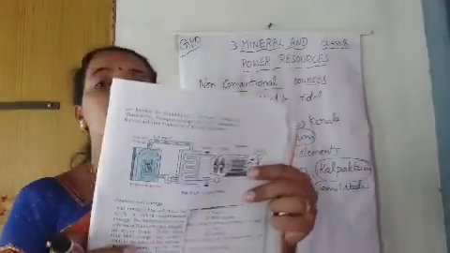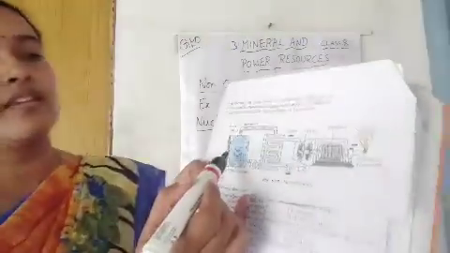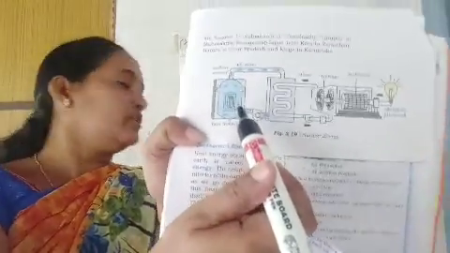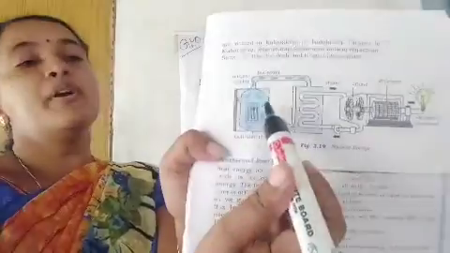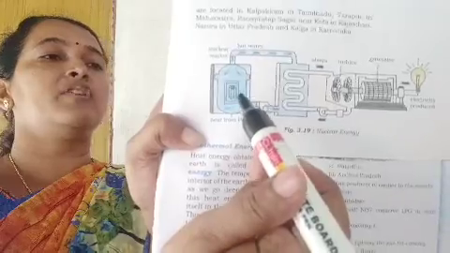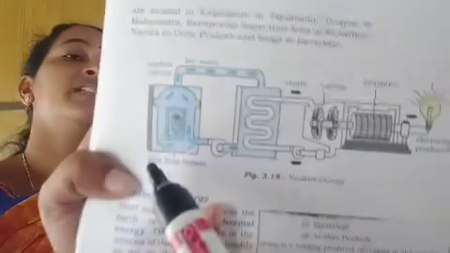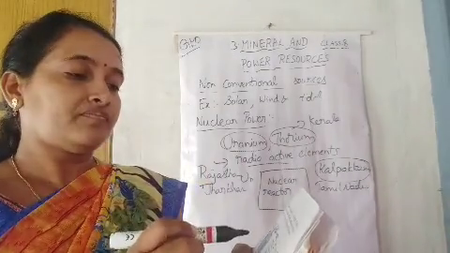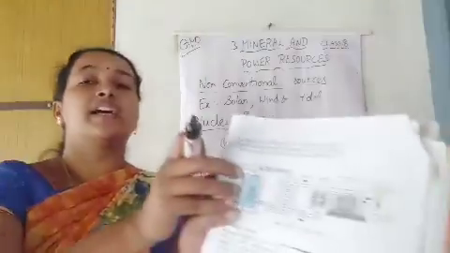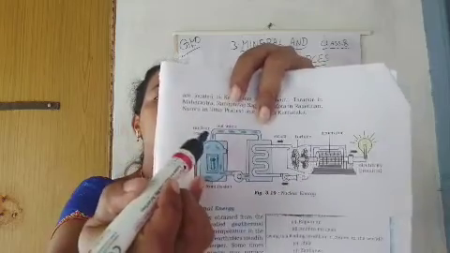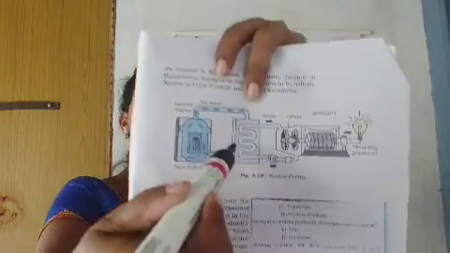Here they have given pictures, children. See this nuclear power station. This is the nuclear reactor. In this nuclear reactor, they will keep uranium and thorium. So these two elements undergo a nuclear reaction. The atoms of these two elements will emit energy, that is heat, which will go from here to this tank.